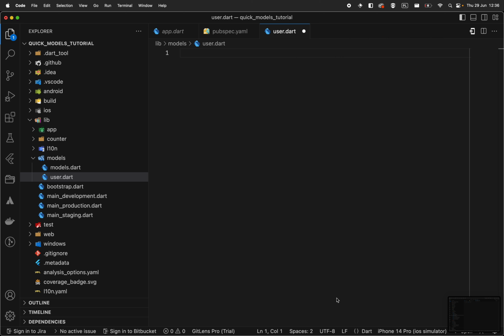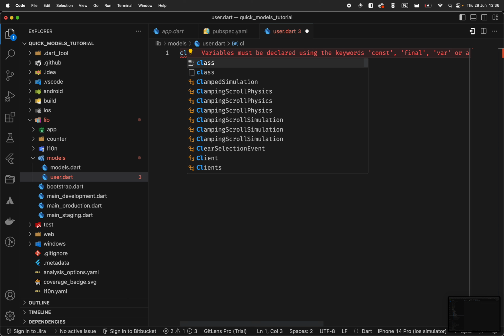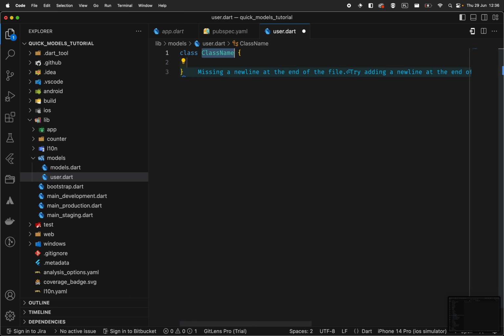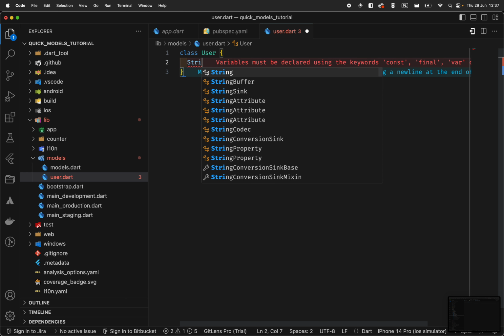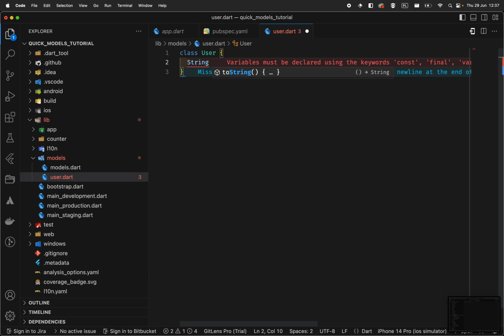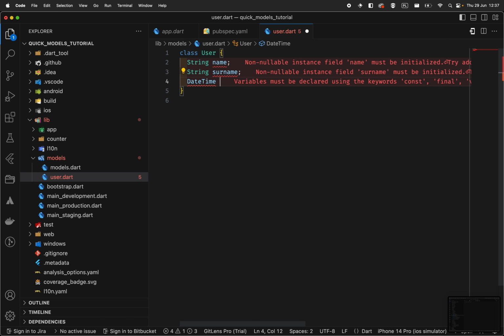How to create models in Dart very quickly. Just start typing CL, second option, call a model, it will be user. Now start adding properties like name and surname, which are strings, and maybe daytime,